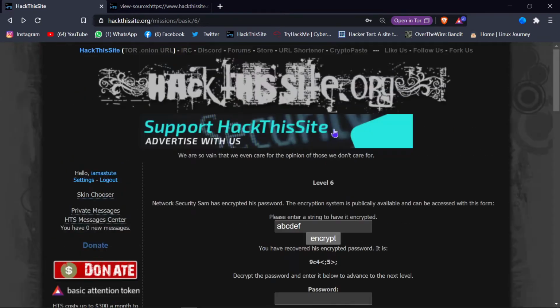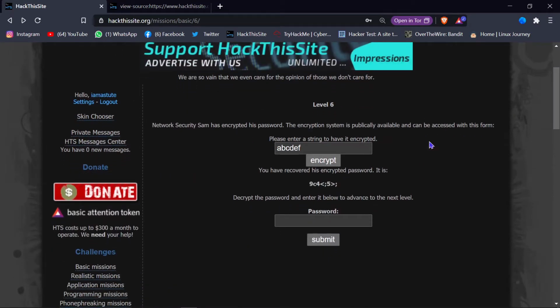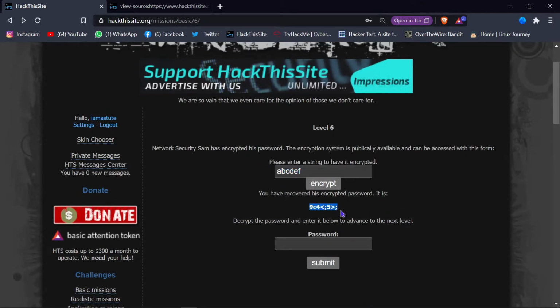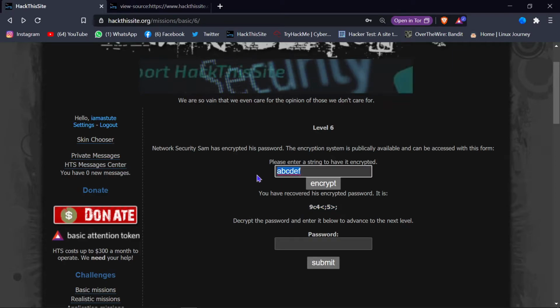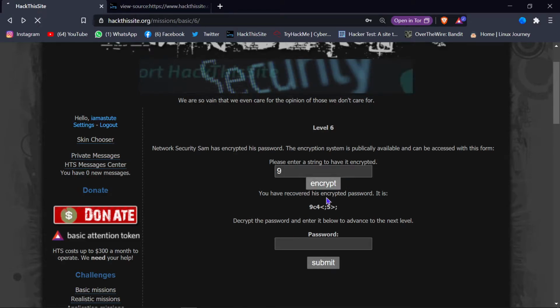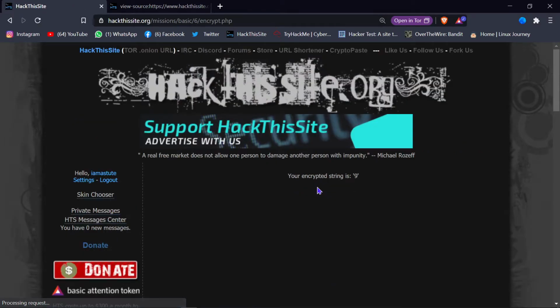So I can use code, I can run a for loop, but let's not do that because I guess not everyone is familiar with programming languages here. So I'm just doing it manually. So for 9, I need to type 9 and encrypt.